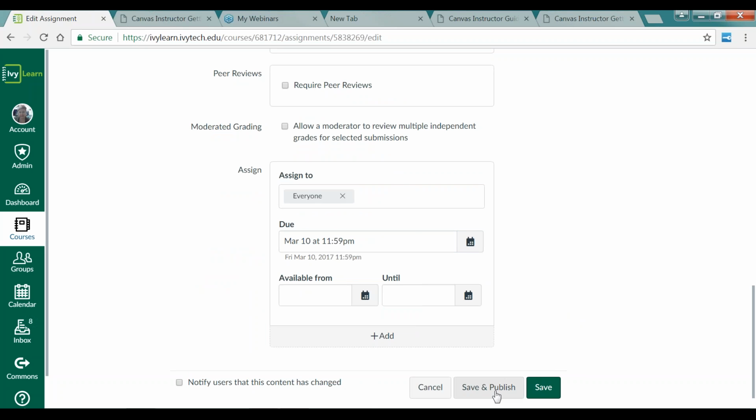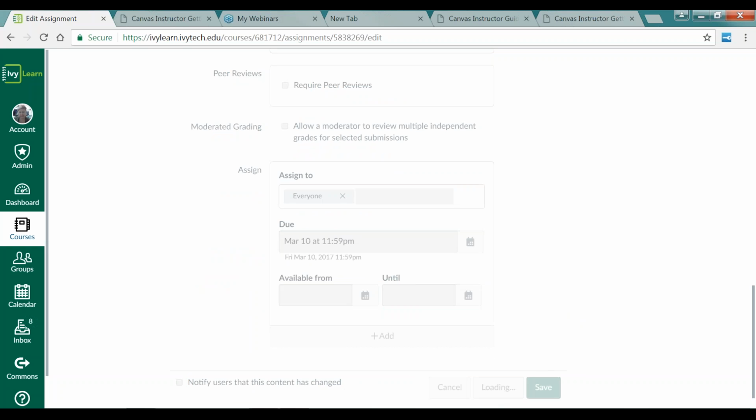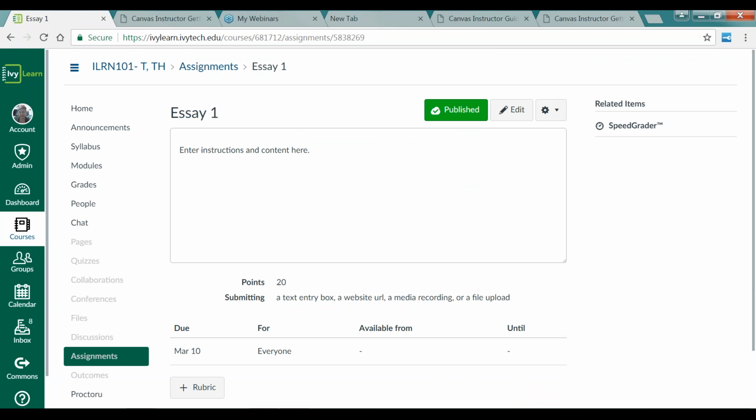And then I click save and publish, or I'm going to save. And again, save does not make it available to students, so I click save and publish. All right. So all of these due dates correspond not only with what the students see when they log